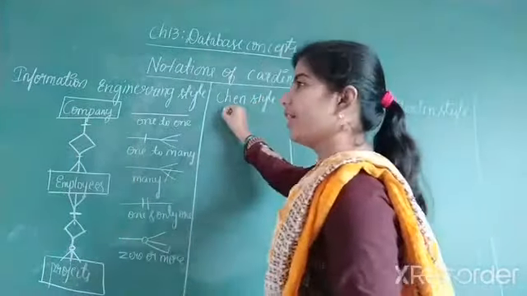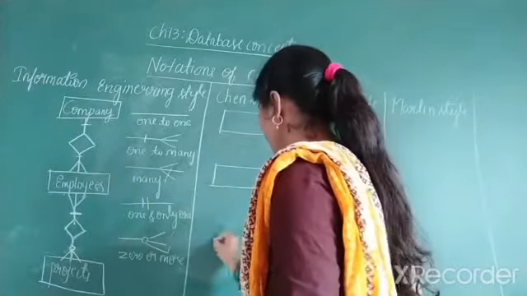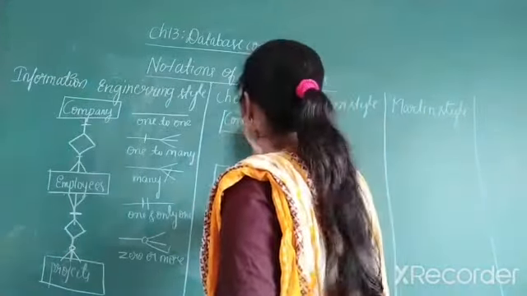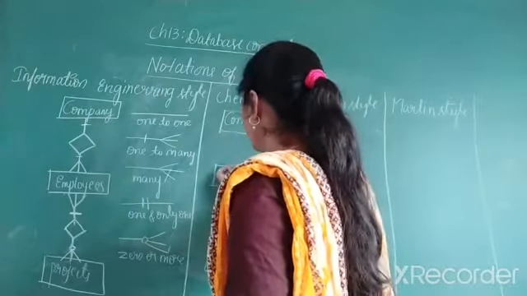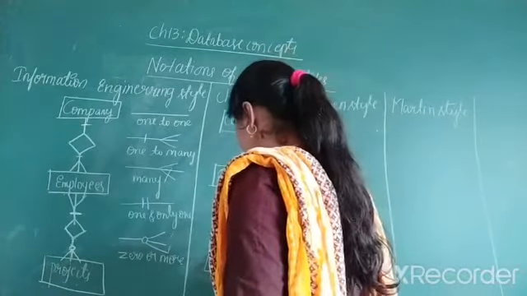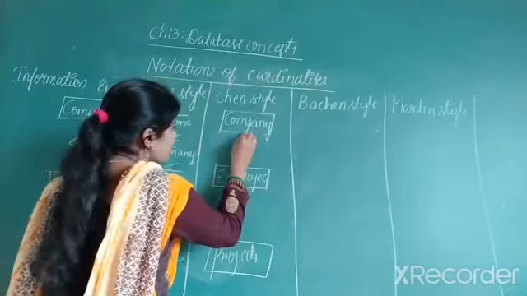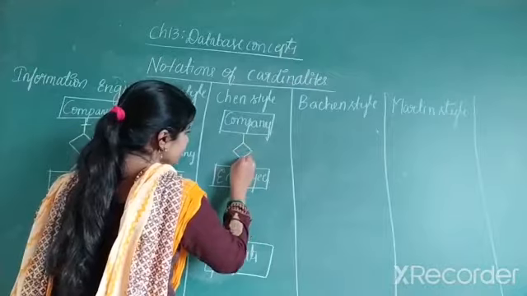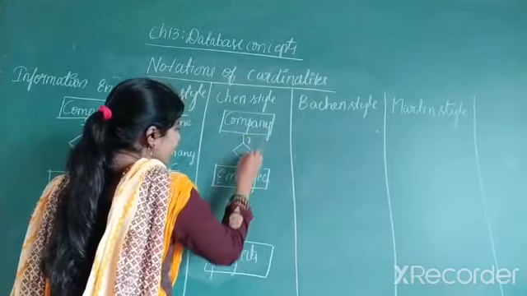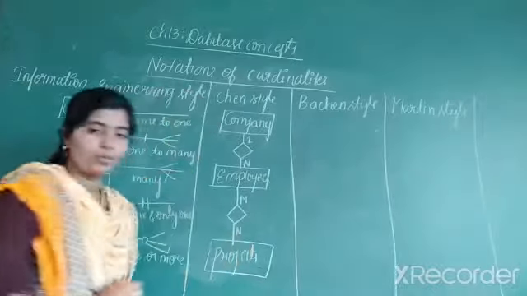And when you consider the next diagram, it is called as Ken style representation. So in this again same example we are considering here. The first one is called company. And the second entity is called employees, and third entity is called projects. And in this case, we are going to represent the relation between this like this. In this, one company can have many employees, and many employees can work for zero or more projects.